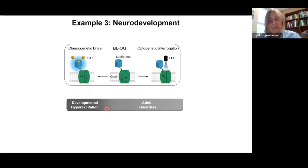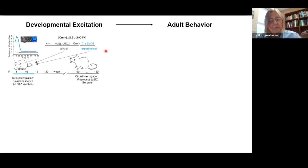So we applied this in one of our areas of interest, which is to study the effects of early postnatal neuronal excitation on the layout of neural circuits and the consequences in adult behavior and underlying neural circuitry. So what we did here is we made a conditional knock-in mouse expressing LMO3. This animal was then crossed with different Cre driver lines. The pups of these crosses were then stimulated or intraperitoneally injected once a day, postnatal day 4 to 14,